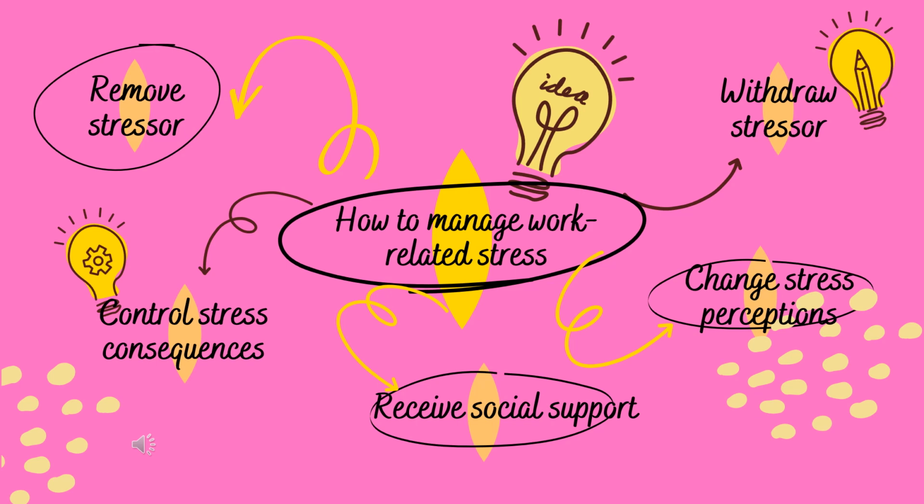Next, to control stress consequences, having regular exercise and maintaining a healthy lifestyle is an effective stress management strategy because it controls stress consequences. Research indicates that physical exercise reduces the physiological consequences of stress by helping employees moderate their breathing and heart rate, muscle tension, and stomach acidity. For instance, many companies offer Pilates, yoga, and other exercise and meditation classes during the workday.